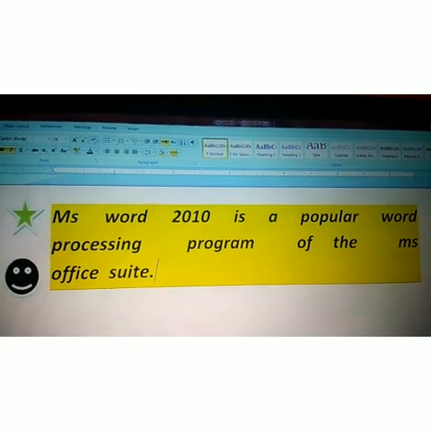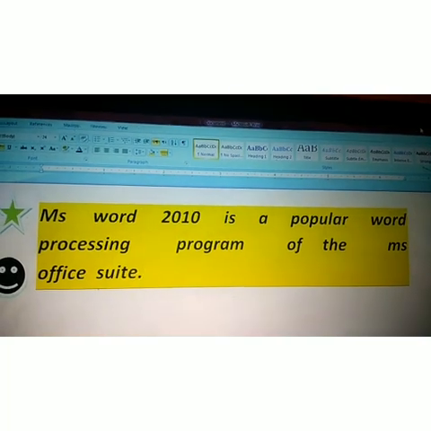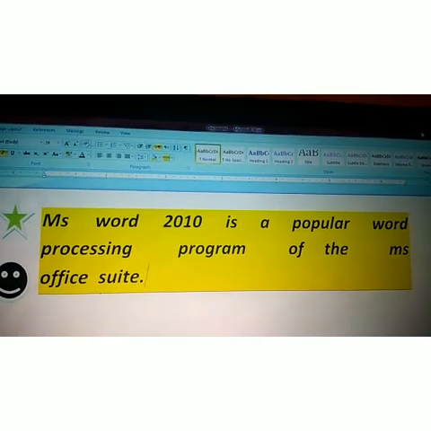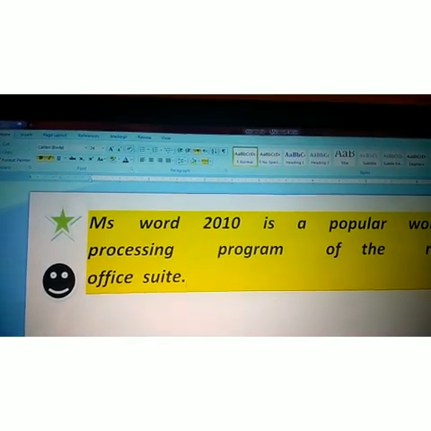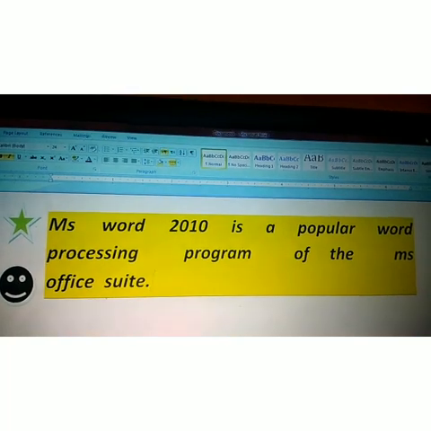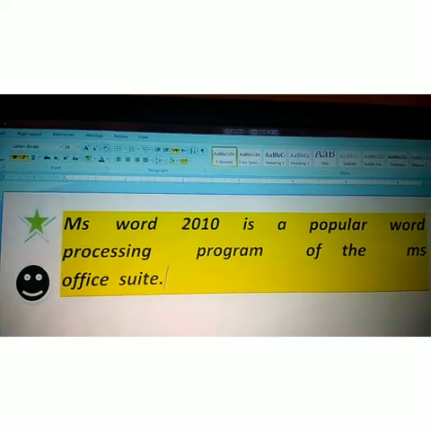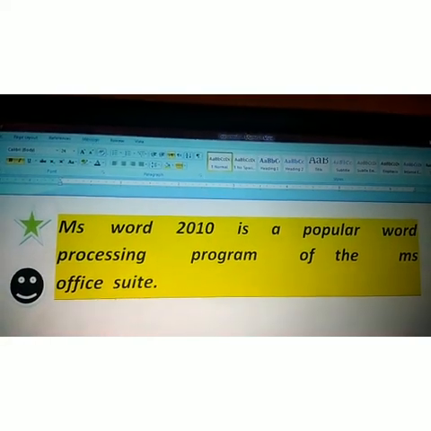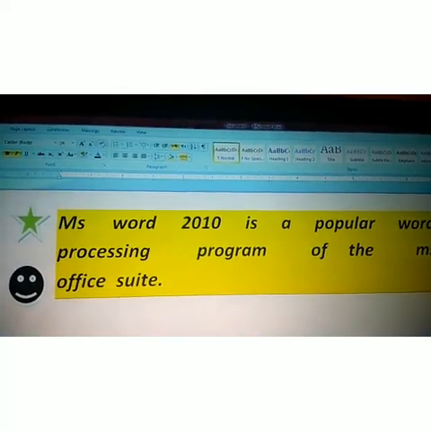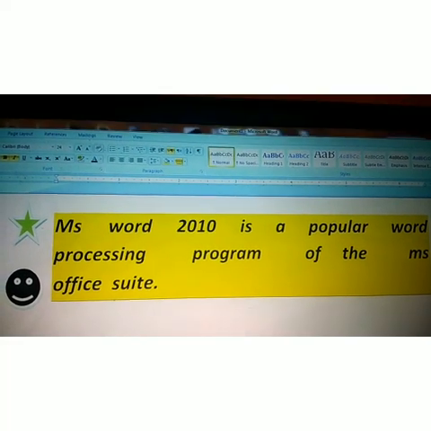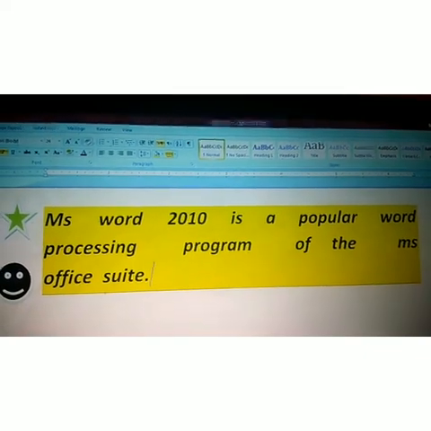So students, you all have understood properly how to type text, how to type a paragraph in MS Word, and how to use features related to different tabs in MS Word. So students, these are your basic features in MS Word: how to type simple text in MS Word, and how to apply different types of font, colors, and size.